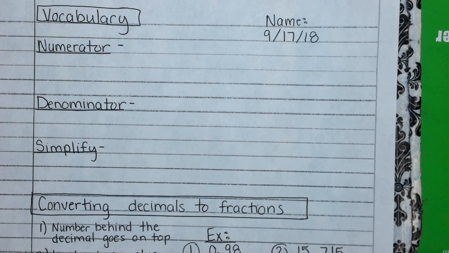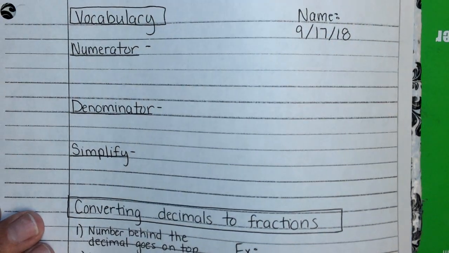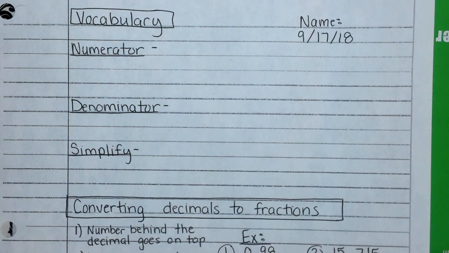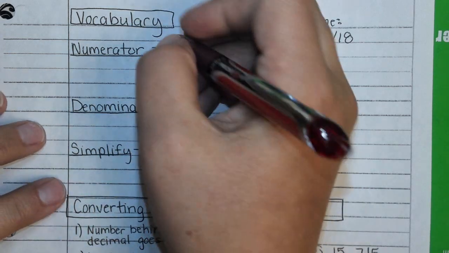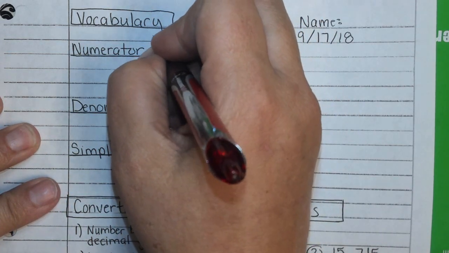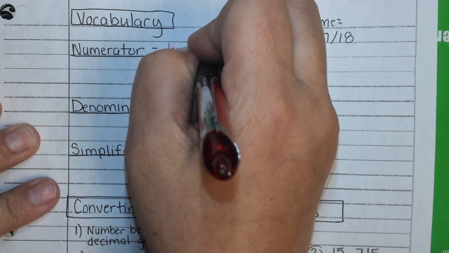Okay, so we're starting fractions, obviously, today by looking at our vocabulary. We're going to define these first three in our own words. So how would you define what a numerator is? The top number in a fraction. Bingo. Okay, so we're going to call the numerator the top number